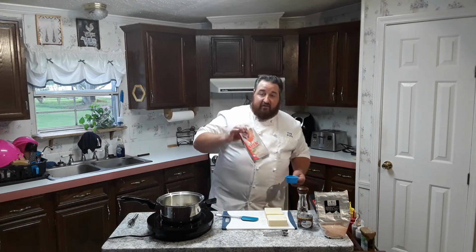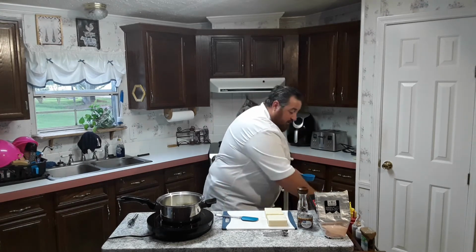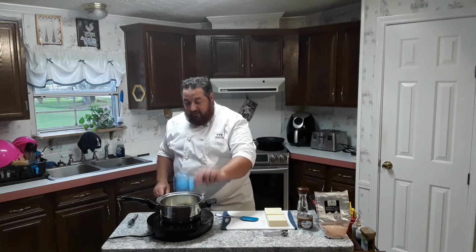I find this at Dollar Tree. I can store it in the pantry, and then when I want to make something with whole milk, I got a quart on hand for $1. I don't have to go buy a whole gallon and then worry about using up the whole gallon before it